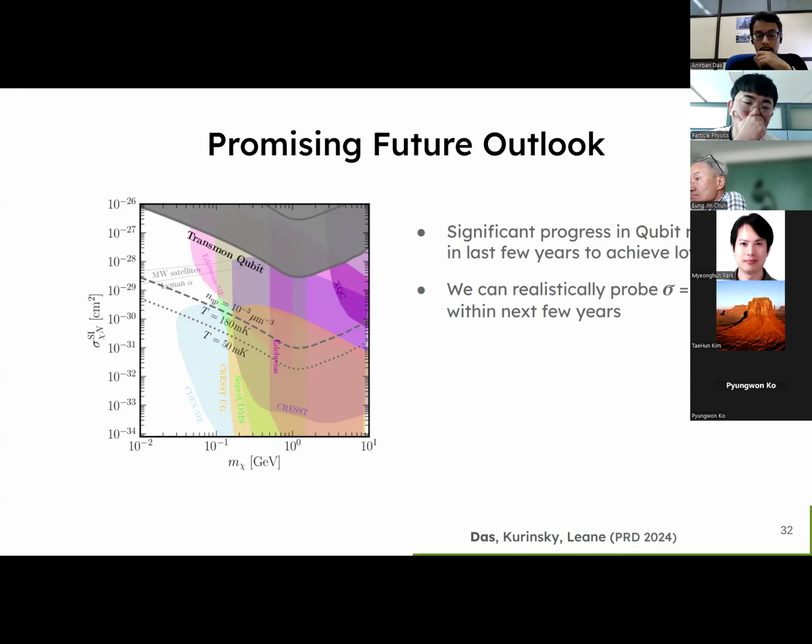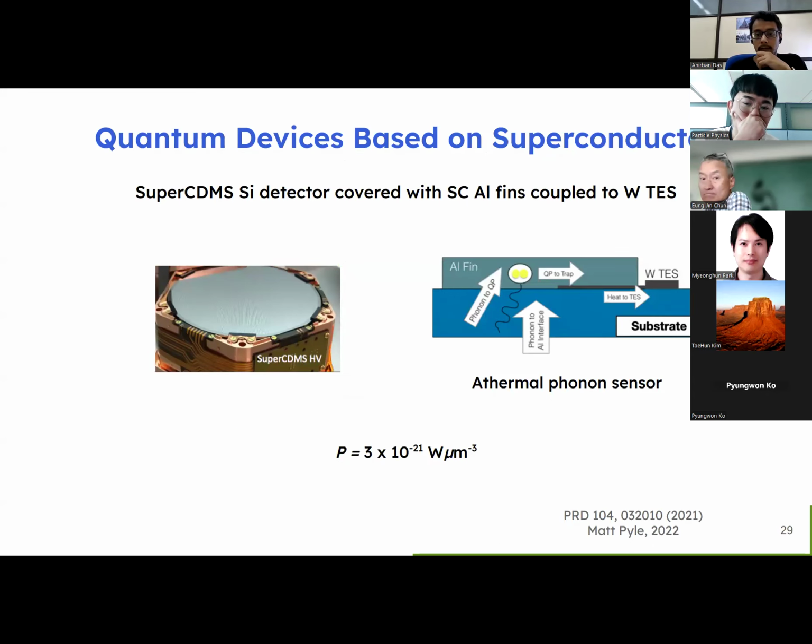If you go to your previous slide, there, the blue is the target and the upper one is a kind of detector. So in the case of when you use the transmon qubit, for example,